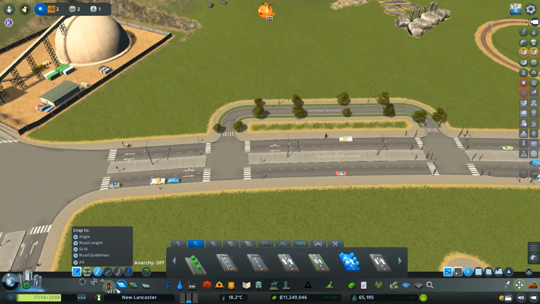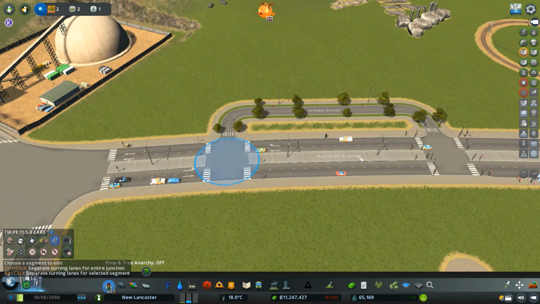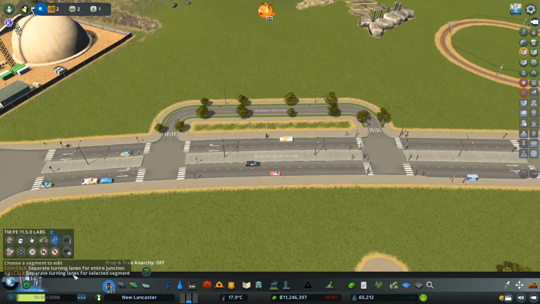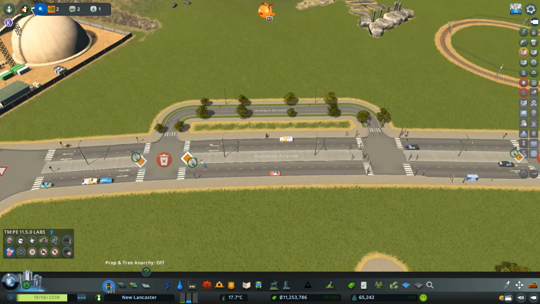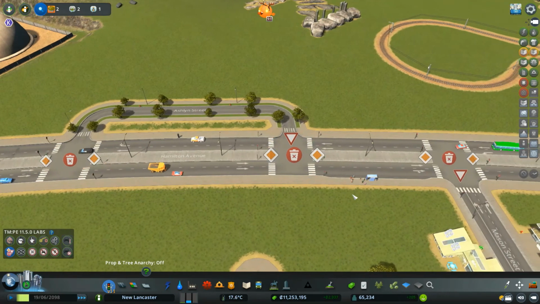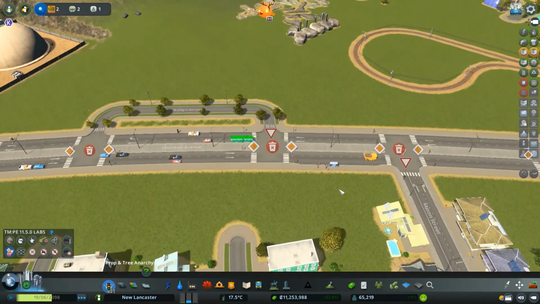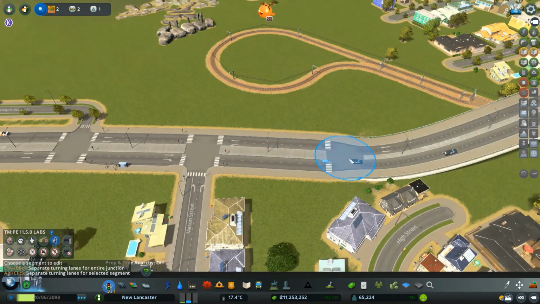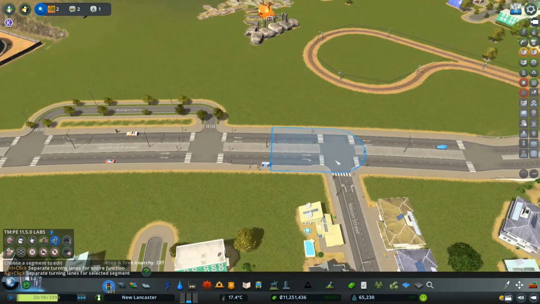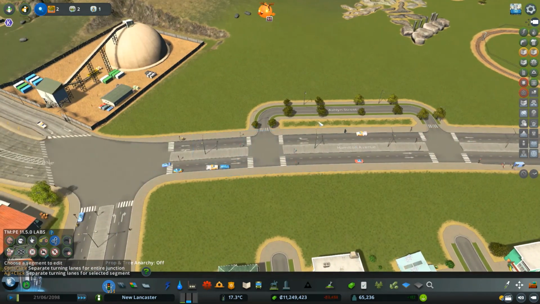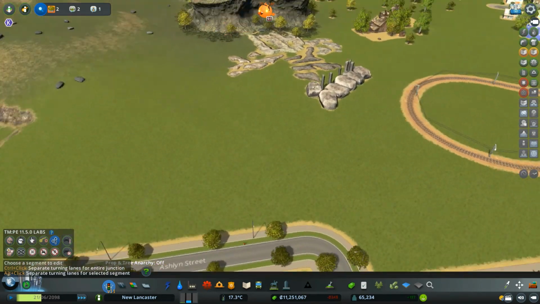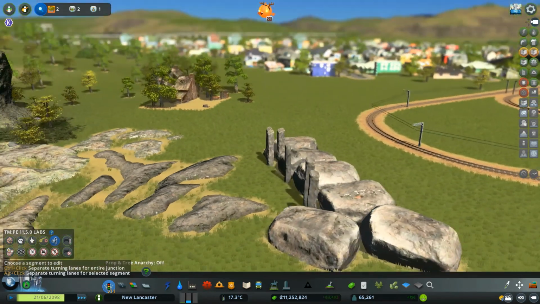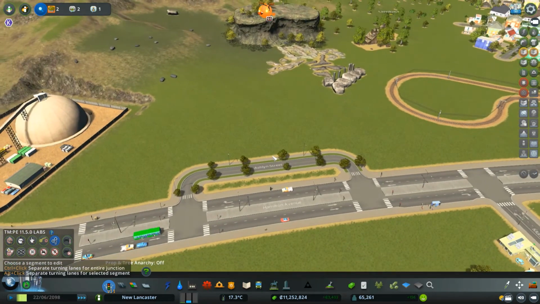And we are going to need to give some dedicated turning lanes, and we're going to give yield signs for the area. And you know what? This one doesn't have dedicated lanes. There we go. So people will come into this over here. Whoa, there's like standing stones over here. Pretty neat.